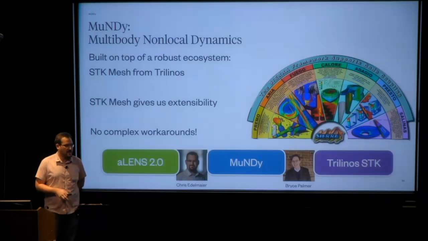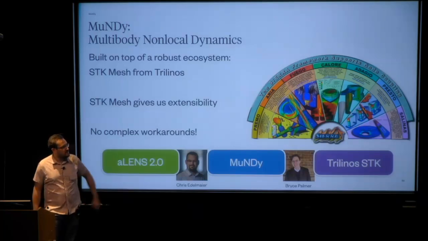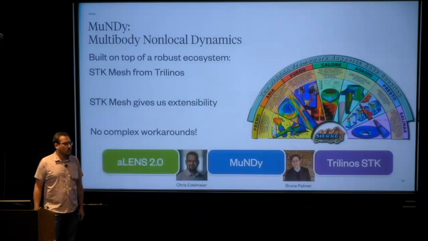The entire Trilinos package is a set of C, C++ libraries. I think there are a few Fortran things in there too, but it's essentially all at the C, C++, Fortran level of code. So we decided to program in C and C++ to also use some of the advantages of templatized programming, along with abstraction for inheritance, to carry out some of the tricks, especially for Monday, for the bookkeeping, where you don't want to have to write a separate implementation for all of the different methods that you